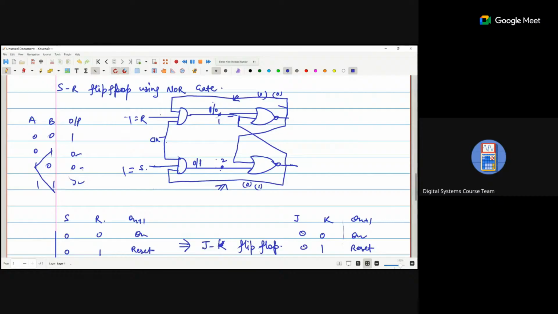Here it is 1, here it is 1. We are assuming this is 1 and this is 0, the previous condition. Okay, so when 1 goes here, it will be 1. And 0 goes into the AND gate, it becomes 0. If this is 0,